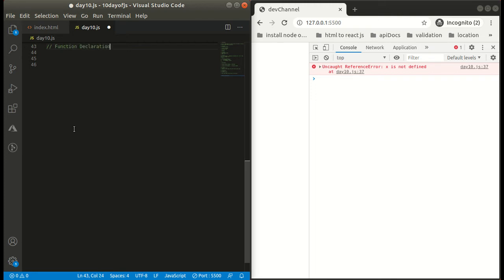Now, what I'm going to show you is how hoisting works for function declaration and function expression. The concept of hoisting only works for function declaration and not for function expression.